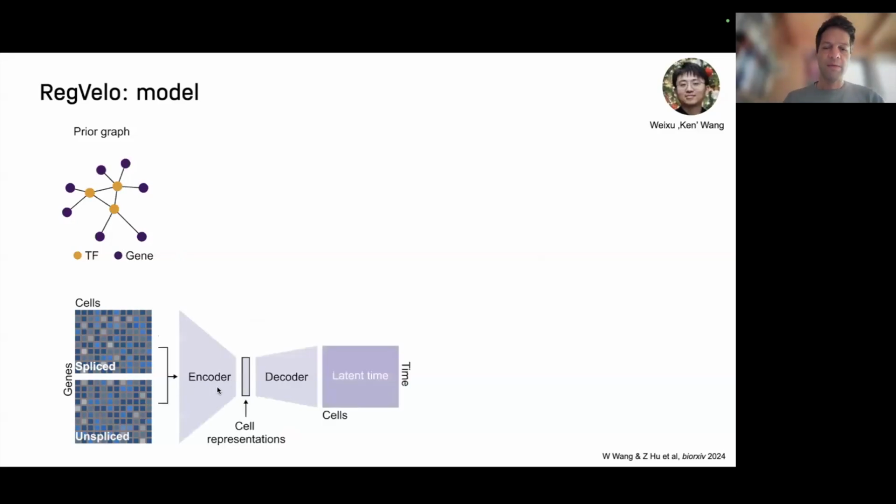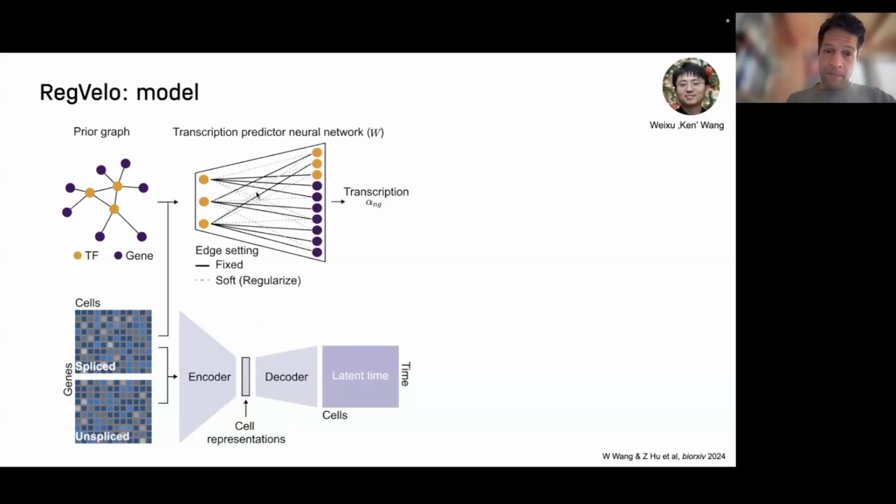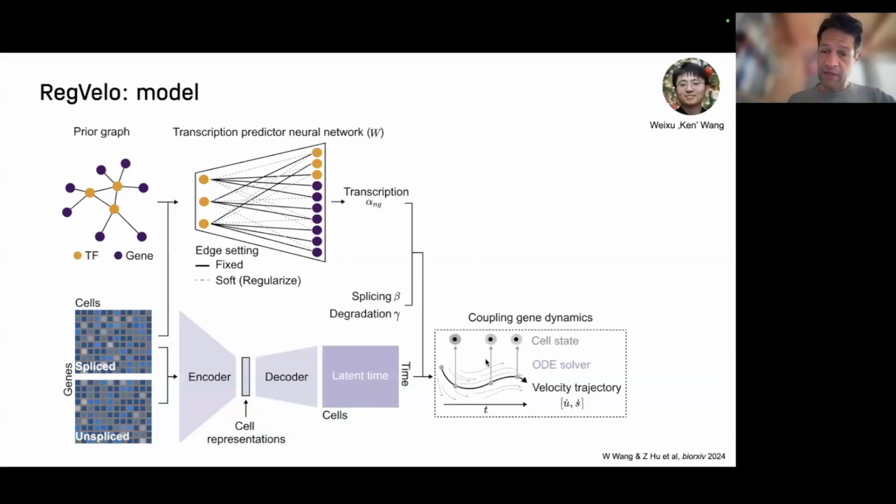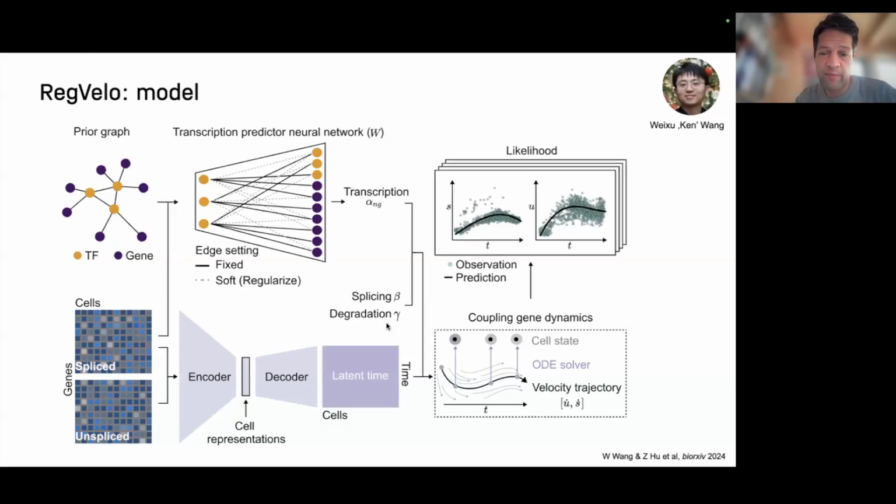We embed these, and you get our latent time representation, but we take the prior GRN dynamics that we estimate, but also are able to fill up, and then get a transcription predictor for each transcription factor. And then we put this transcription dynamics into the real dynamical system where we model transcription, splicing, and degradation in this ODE system, which is now coupled. So it's not a single one-dimensional one across all transcripts. It's one very big one, for which you need to estimate parameters.